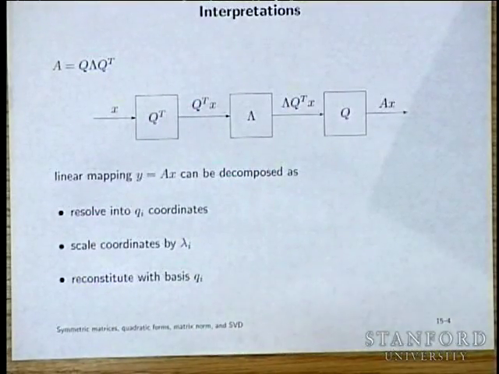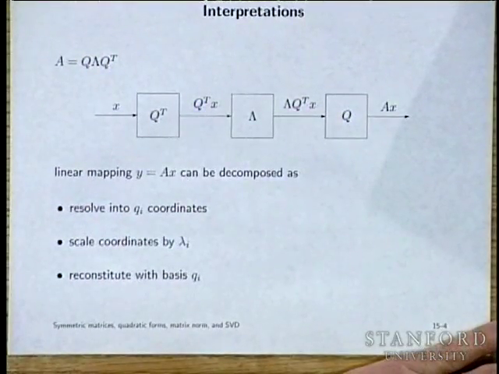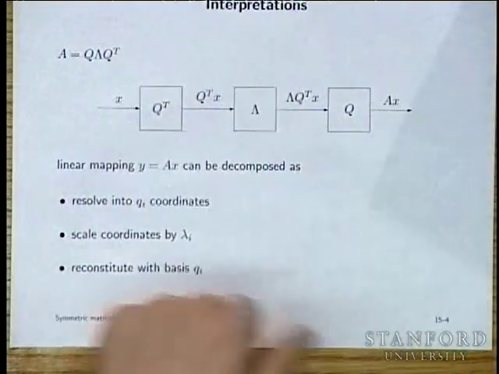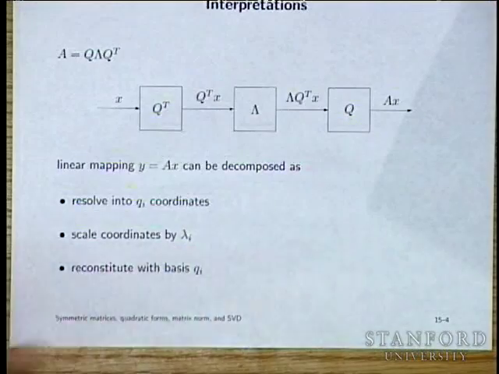It comes up in signal processing, compression, communications. I mentioned one in communications, it comes up all over the place. So, okay, that's the picture: you resolve into the qi coordinates, you scale, flip if lambda is negative,